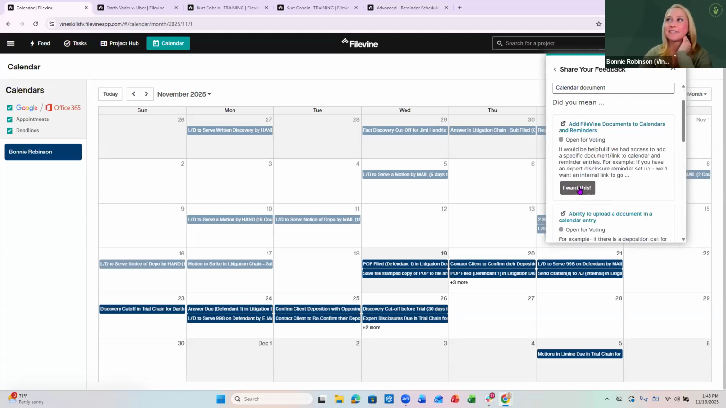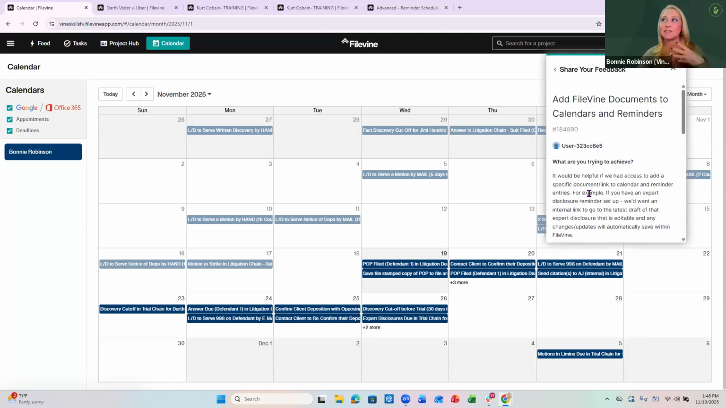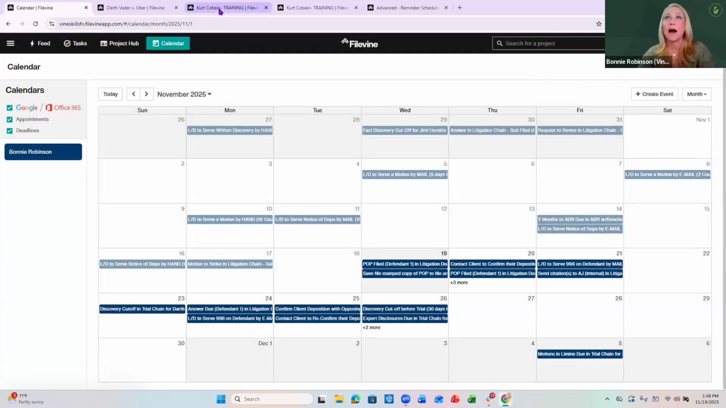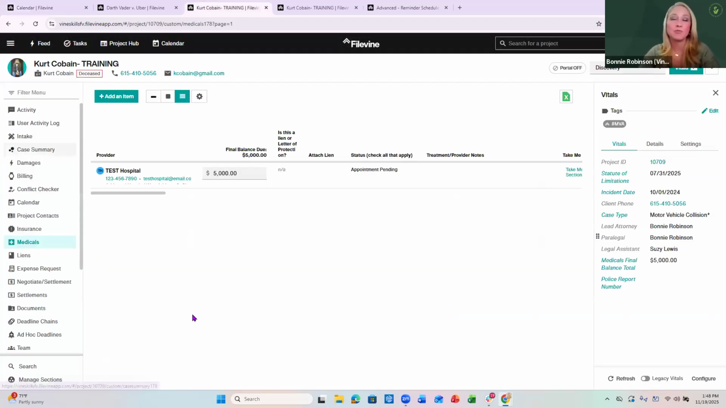So I can come in and click on "I want this." I basically voted that this is something that I want to be updated or upgraded. As of right now, there is not the ability to attach a document to a calendar item. What I've done in the past, and it really depends on how your attorneys are trained to utilize Filevine,